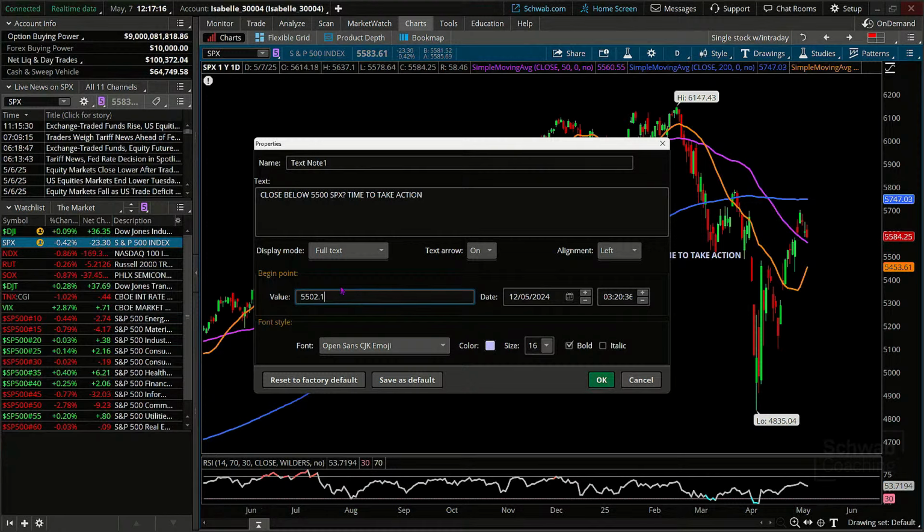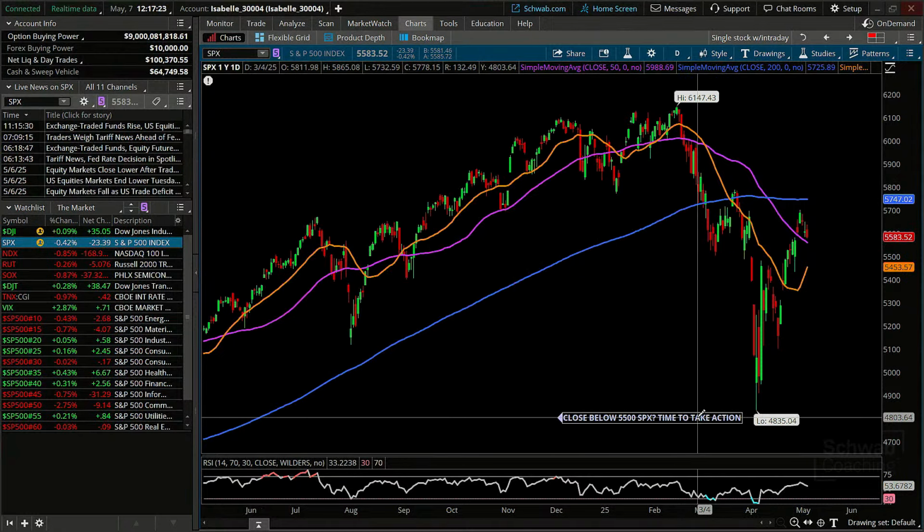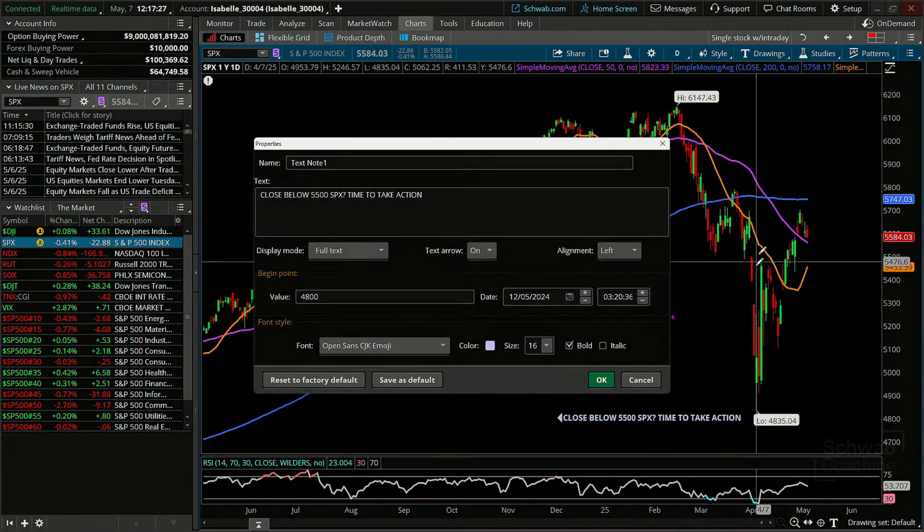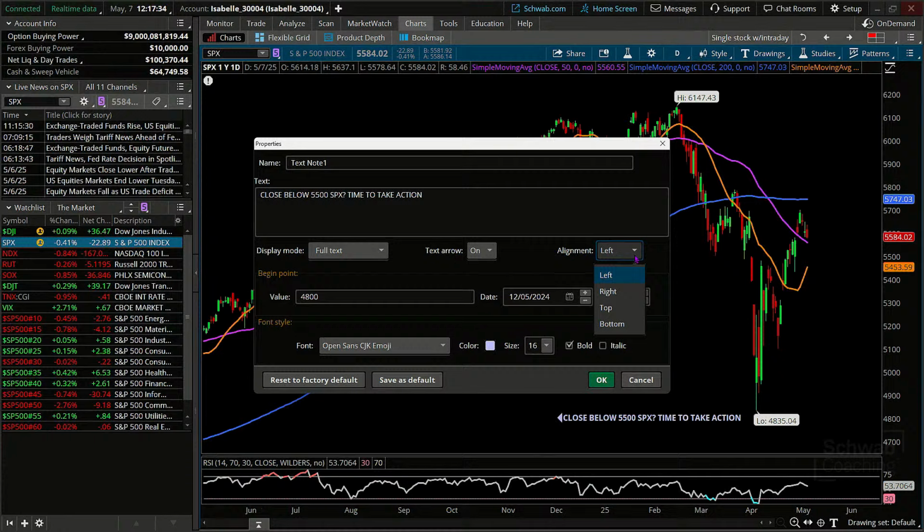So if I wanted that note not at 55, but rather 4,800, now it's all the way down here. If you like the arrow on it, don't forget you can alter the arrow itself, right? So we can have the arrow on or off. We can have the arrow in a different location to our note. And we don't also have to have the full text of the note.